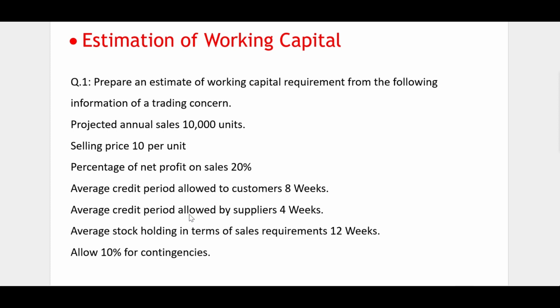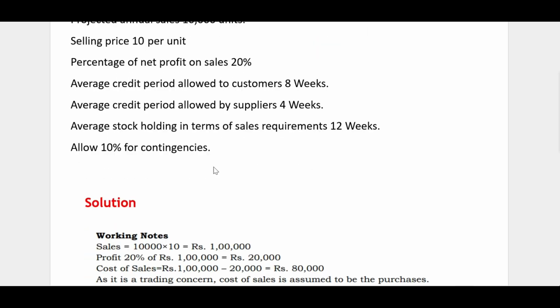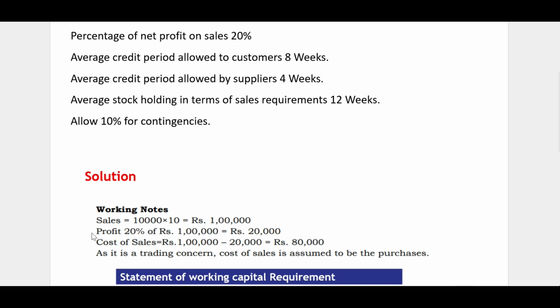Also, we have average credit period allowed by suppliers, which is 4 weeks. We can also call it creditors, and the creditors is classified to be current liabilities. Also, we have the average stock holding in terms of sales requirement, which is 12 weeks, and the stock is classified to be current assets. Lastly, we have 10% allowed for contingencies. So, before we can estimate the working capital, we should be able to calculate three things: sales, profit, and